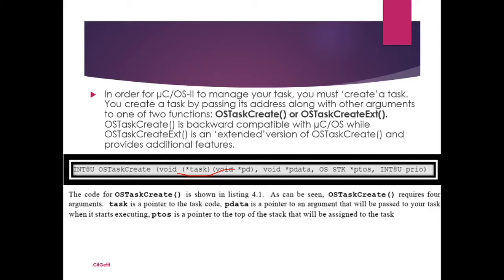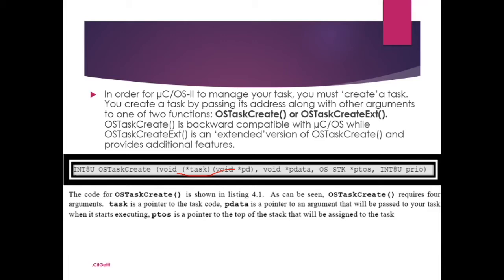The value that we get is OS_NO_ERR, that is when the creation of the task is successful. While we are calling this function in order to create a task, there might be an error or there may not be an error. If all the things are correct, then we will get a successful result, and it is represented by OS_NO_ERR.